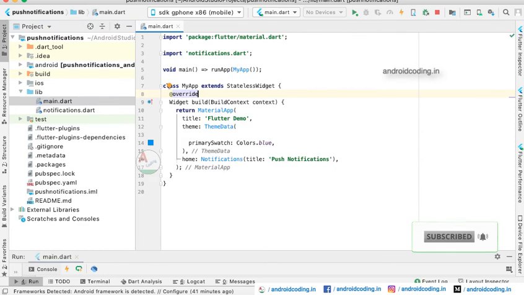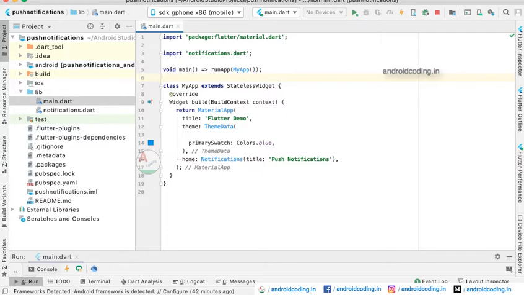This is main.dart. It's a general file, and if you are a beginner to Flutter and have any doubts about the background of this particular file, do let us know in the comment section below, and also refer to our previous tutorials to get knowledge. Here we have initialized with a void main, and also taken the default MyApp class, which is extending a stateless widget. I will also provide you a tutorial for stateless and stateful widgets. Do let me know in the comment section below if you want more information about it.